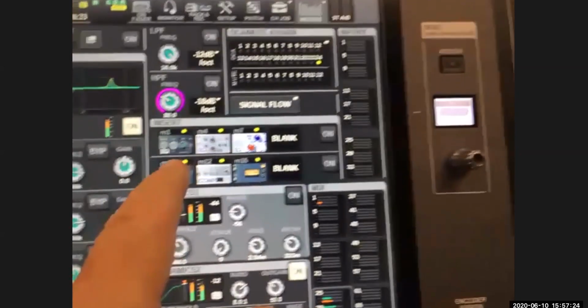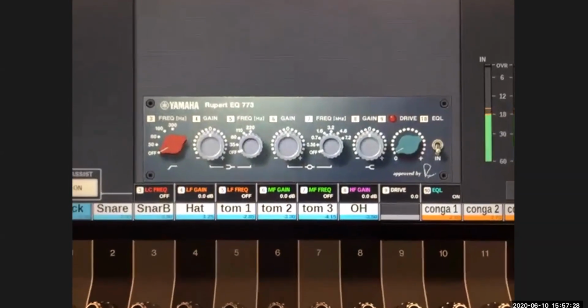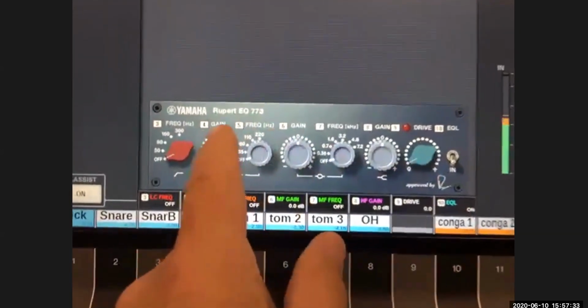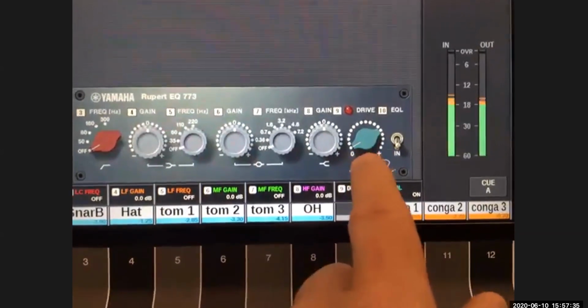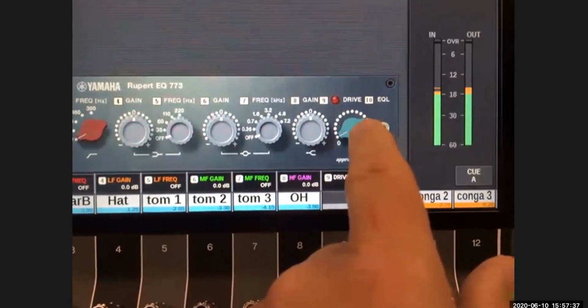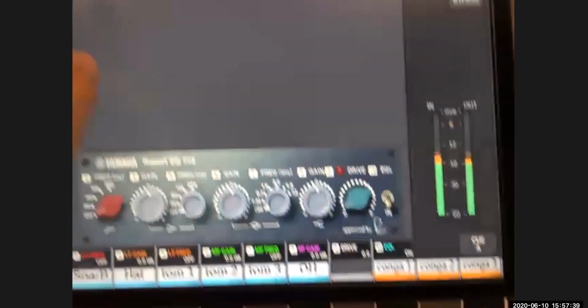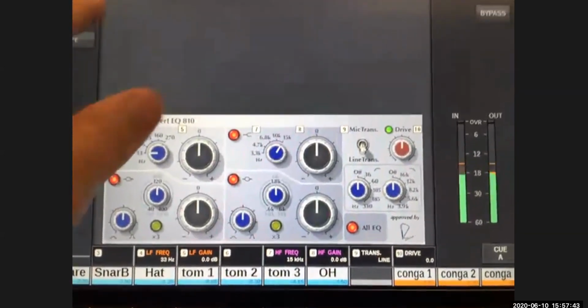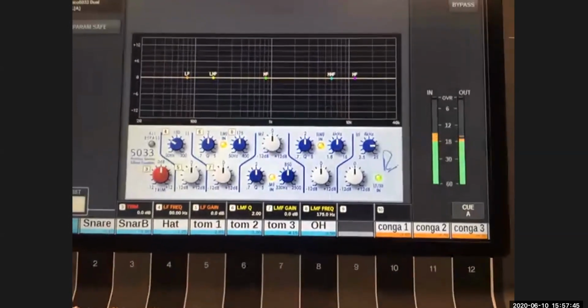But if I wanted to add something, here's a vintage Rupert EQ. It's this vintage 70s Rupert EQ, and it's our model 773, including his transformer modeling and the ability to drive it. If I go to the second insert, it's the vintage 80s Rupert EQ, and then there's the Portico, of course. If I wanted to add something else, I could come in and say, hey, I want to mount